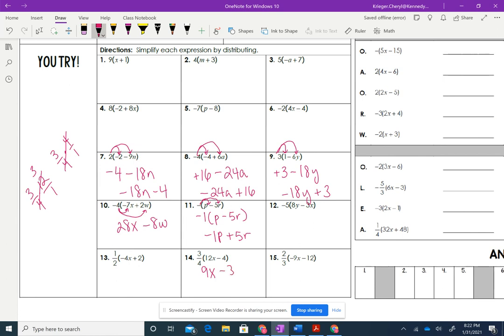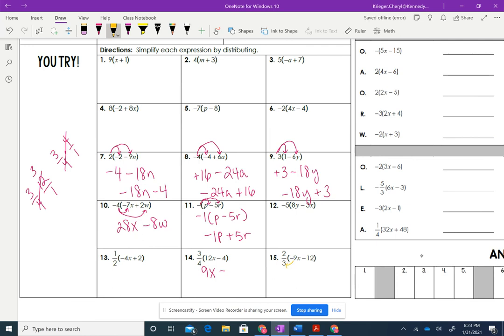All right, now there is a trick. So I like to say, what is 12 divided by 4 times 3. 12 divided by 4 is 3 times 3 is 9. Okay, so we can do the same thing with the 4, right? 4 divided by 4, 1 times 3 is 3. So that's my trick. And you're welcome to use my trick or you're welcome to write it out. It's up to you. So if I use the trick for number 15, 9 divided by